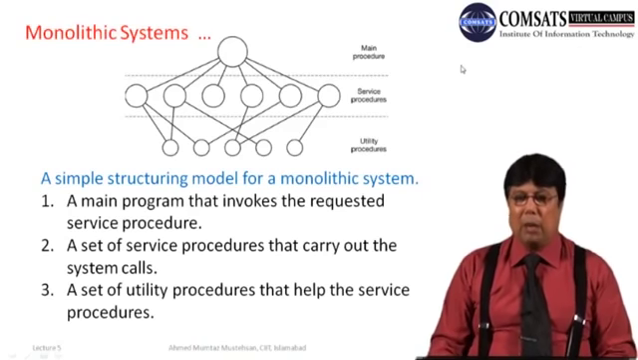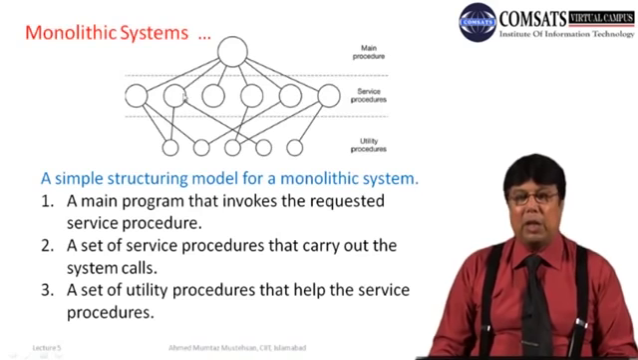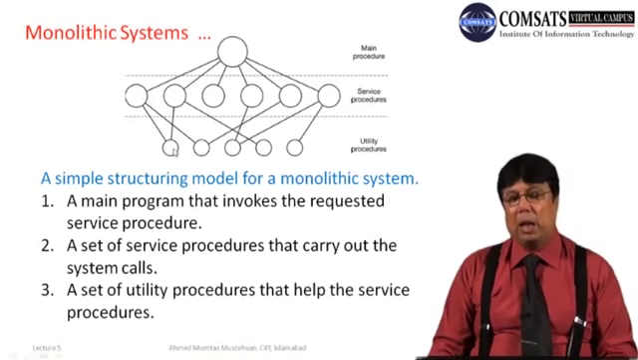So even in this monolithic system, we can see that the main procedure requests some service. What it will do is call some service procedures. You might have a number of service procedures, and these service procedures will generate interrupts, call the system call, and then request the different utility procedures